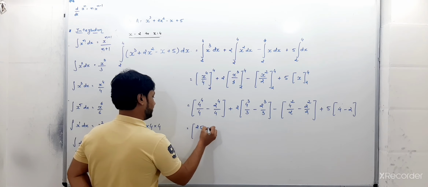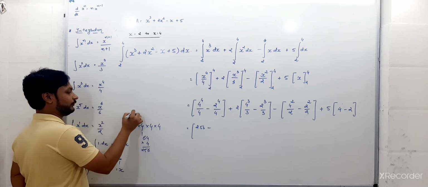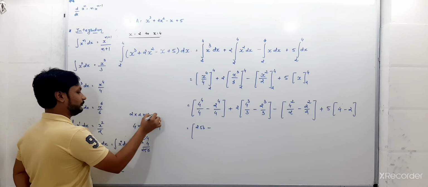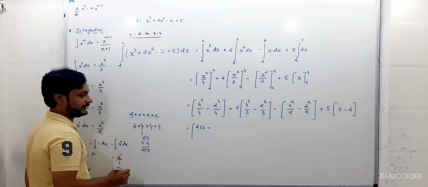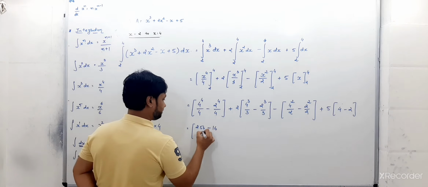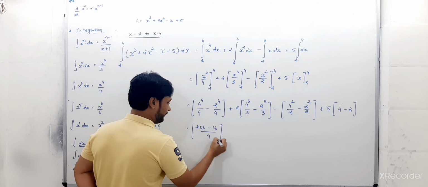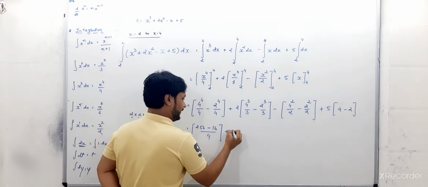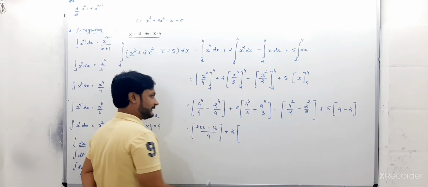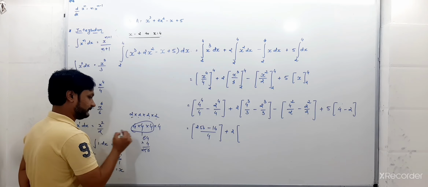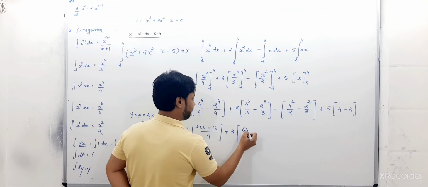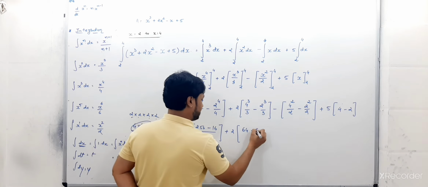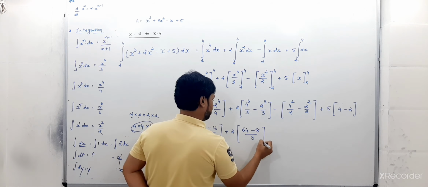So 256 minus 2 raised to the power 4, that means 2 multiplied by 2 multiplied by 2, right? So 2 to the 4, 4 to the 8, 8 to the 16. Divide by 4, it's common, that's why. Plus 2. 4 raised to the power 3, that means 4 4s are 16, 4 16s are 64. 64 minus 2 cube, that means 8, divided by 3.